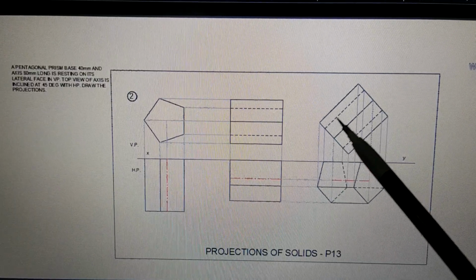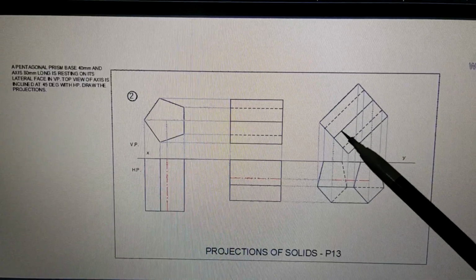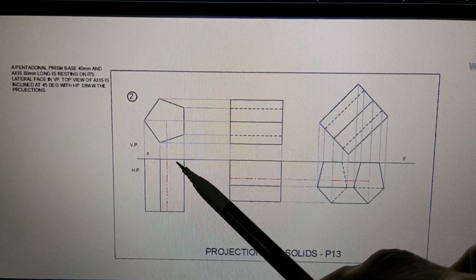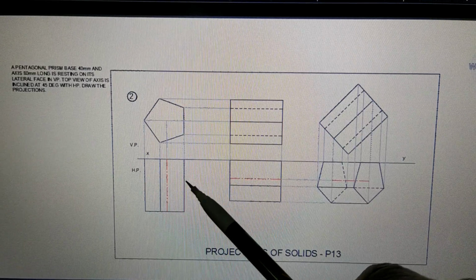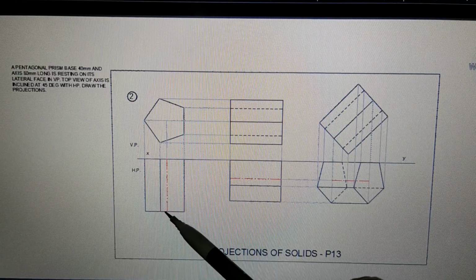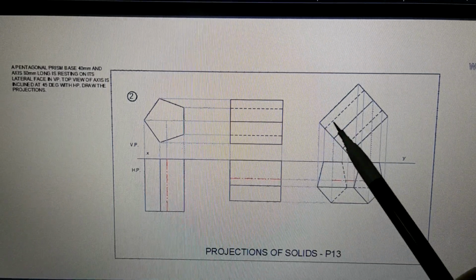That means here there is no locus. Without drawing a locus, you can still draw because there is a true length. So once you repeat this view, you have got all the point names here. We saw last time how the point names are given to the prism. One surface will be given A, B, C, D, E. The other surface is given the names 1, 2, 3, 4, 5. So accordingly the same names are to be repeated in the other figures.